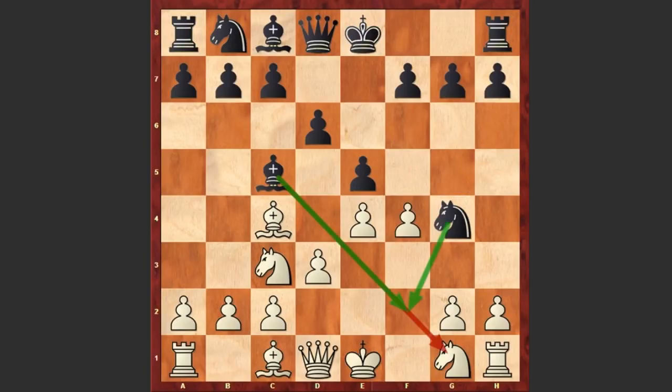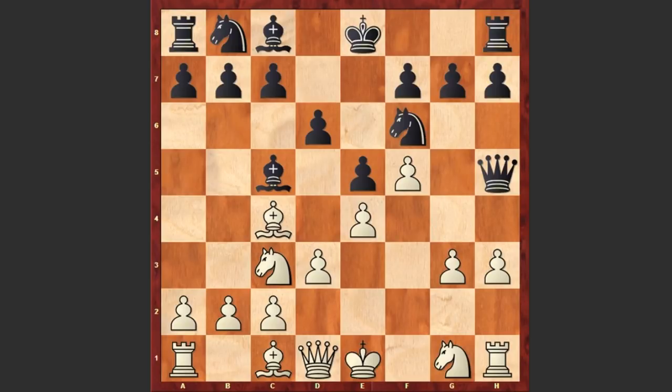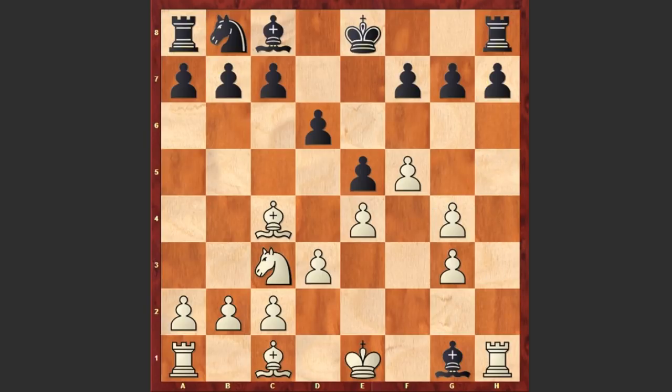Let's go back. After f5 we see queen h4 check, g3, queen h5, h3 and bishop takes g1. Of course knight f6 is also playable, but black captured on g1. Queen takes g4 and we see the exchange of queens on g4. White managed to open up the h file, and now we'll start using this file and put pressure on black's